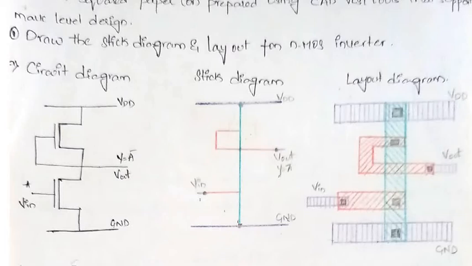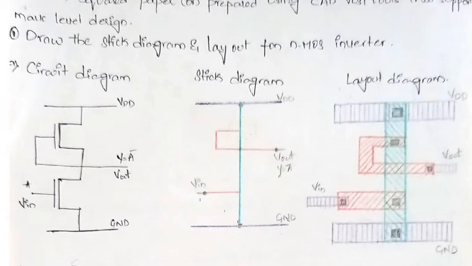For the input terminals and the output terminal, we need a wiring, and that is given by the metal. So as to show the metal, which color are we using? Blue color metal. So blue color, and the line should be straight lines. So this is how you have to show the lines. And here you will be having the contacts. Here you will be having a contact for the metal layer. One more metal, you will be having contact for the N diffusion. Here also you are having contact with N diffusion, polysilicon, and a wire with a polysilicon. Again metal and N diffusion. Here also one metal and N diffusion. And these contacts are shown with your black square. So this is how you are going to prepare a layout diagram.